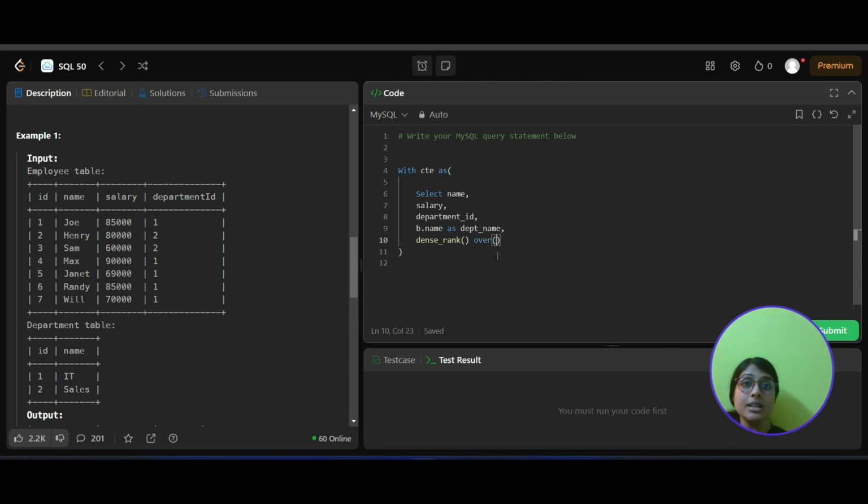What dense rank usually does and how it is different from rank is that it never skips a rank. So anytime there's a tie, it won't skip a rank, whereas the rank function will skip. I have a video on this already. If you are not familiar with the concept, you can check that out and then come back to solve this problem. Okay. So dense rank over, I will do partition by department ID,